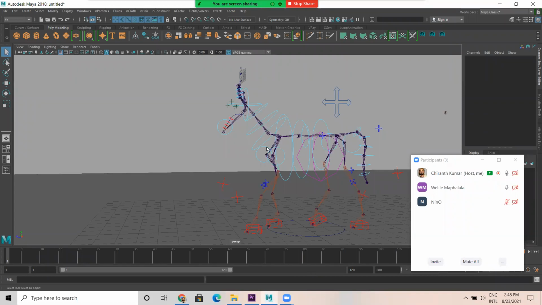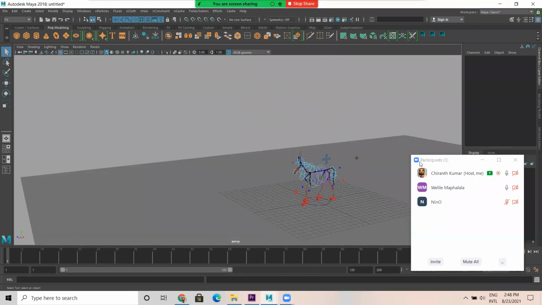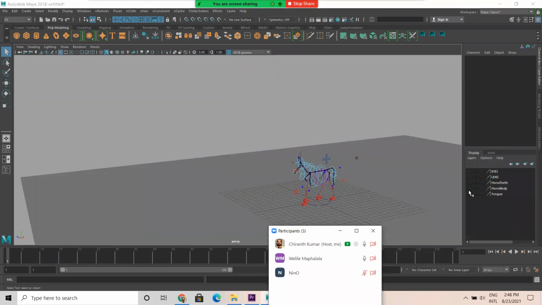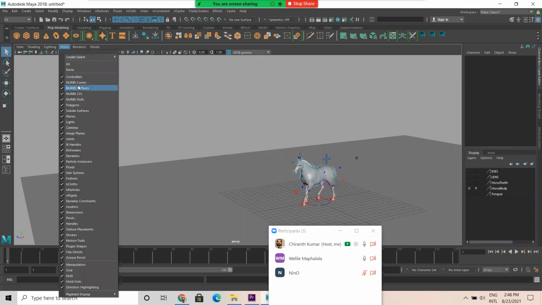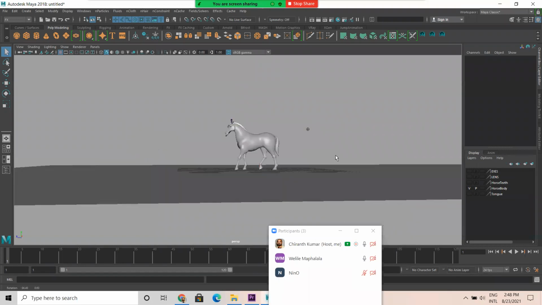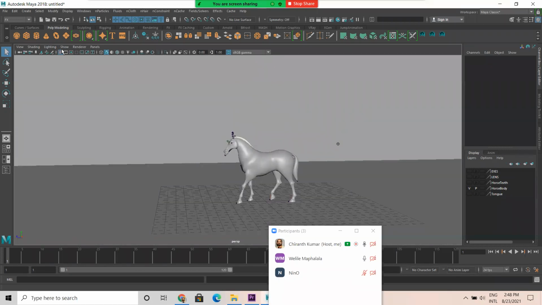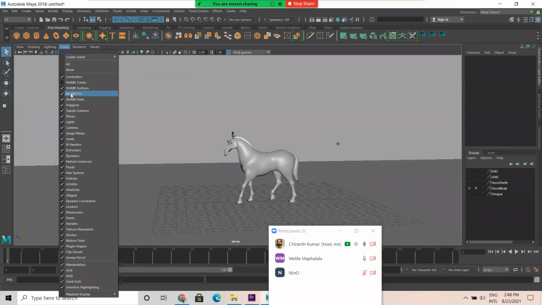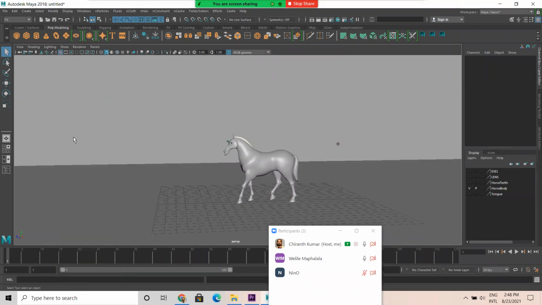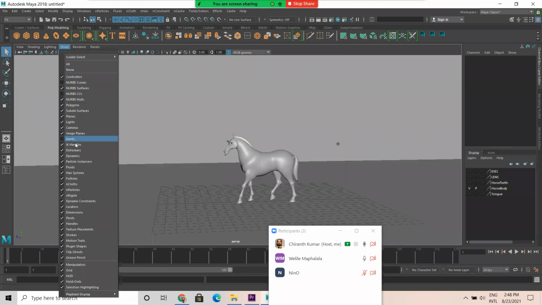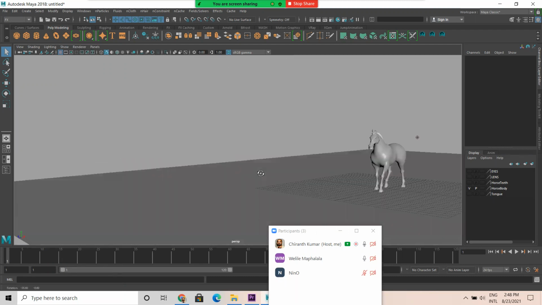Okay. So we have the horse body here. I just turn off joints, handles, locators, everything.